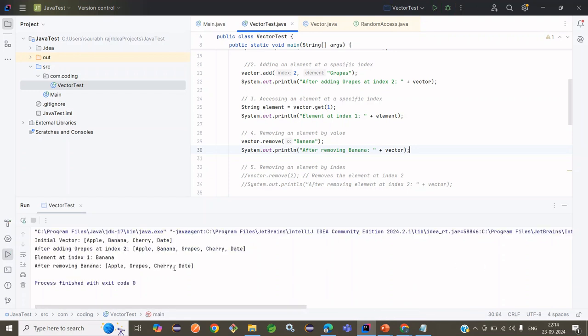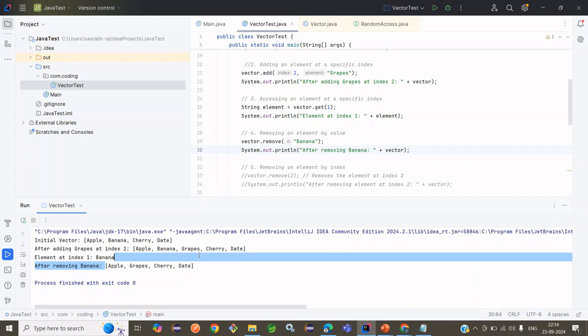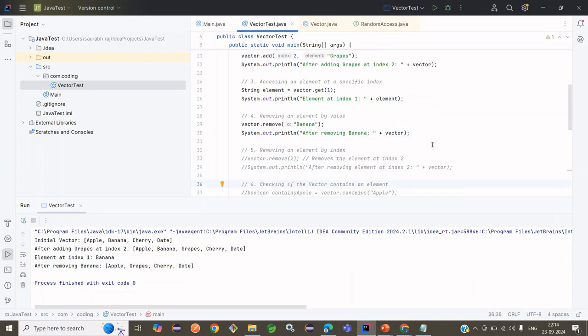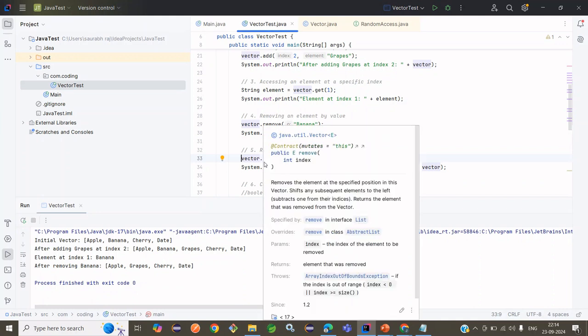Apple, grapes, cherry, and date. Okay, so banana is removed from our list, so we are not getting banana. So this is the correct output we are getting here. So now fifth will be removing an element by index. So we are going to remove an element by index, from where you want to delete or remove the